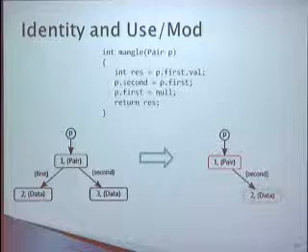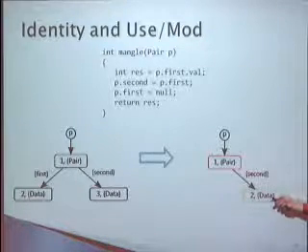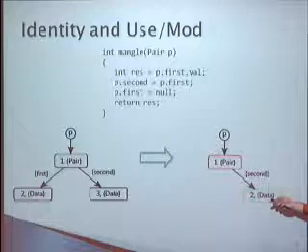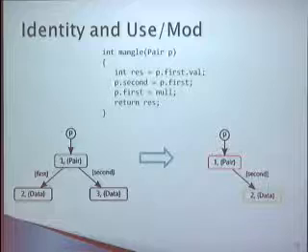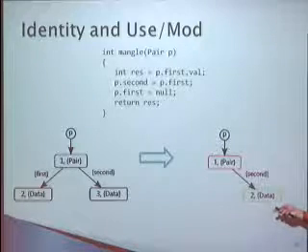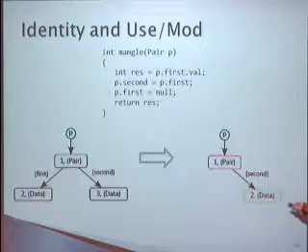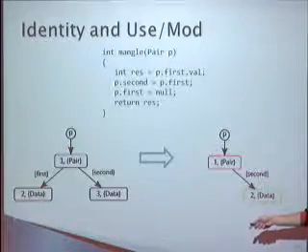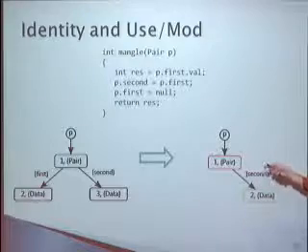Then at the exit of the method, we can see how the storage shape graph has been rearranged. All the regions have been rearranged. P still points to region 1, so it hasn't moved at all. We can see that region 3 no longer exists, so it's dead; it's been freed. And we can see that 2 is now pointing in the second field, and 2 was originally the first. So it's quite easy to see where things ended up without having to think through each step of this rearrangement code.